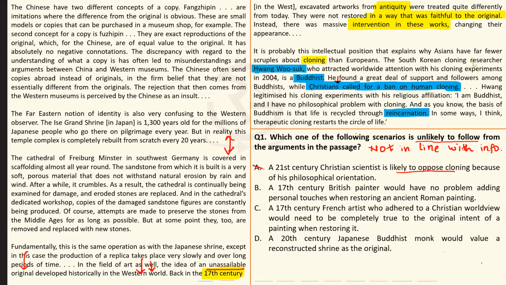All right, so yes, we can say bye bye to this. This is in line with the passage. What do we want? We want something that is not in line with the passage. Okay. Second, 17th century British painter, he wouldn't have a problem adding personal touches when restoring an ancient painting. Definitely, this part where I'm moving my laser right now, ये part वहीं पे बोला है कि 17th century तक